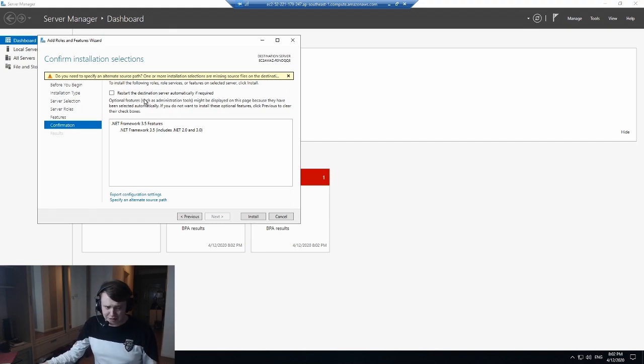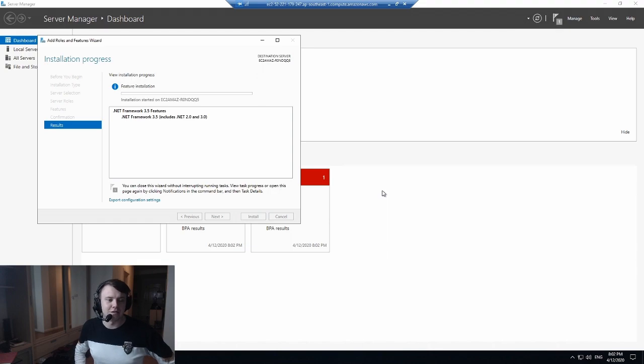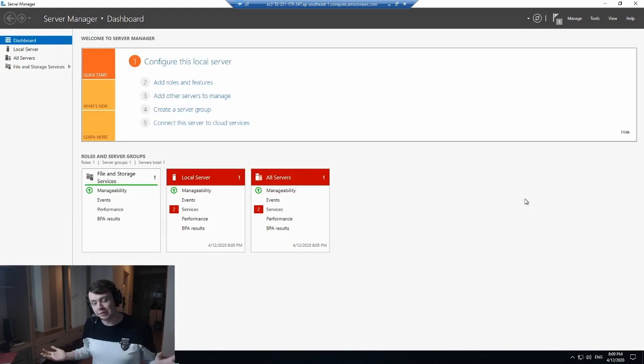Technically, you don't need to restart in order to install vMix. For the sake of this, we're not going to restart the server. We're going to go ahead and install the .NET Framework, though. So let that happen. It'll take about a minute or so, and then once that's done, we can go ahead and install vMix. All right, so .NET Framework was just finished installing,